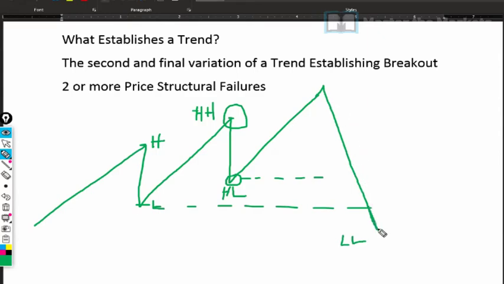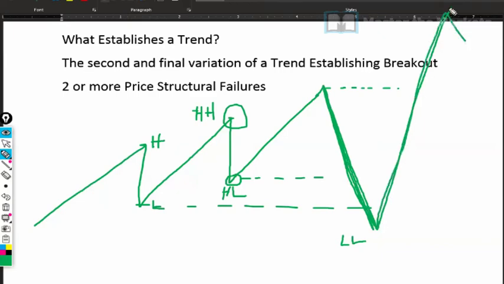But now what happens is the previous higher high gets immediately taken out, signaling that we are continuing on the original trend, establishing that breakout. So we have a lower low taking out the previous two swing lows, and then we have a higher high that takes out the previous swing highs, establishing this trend to the upside